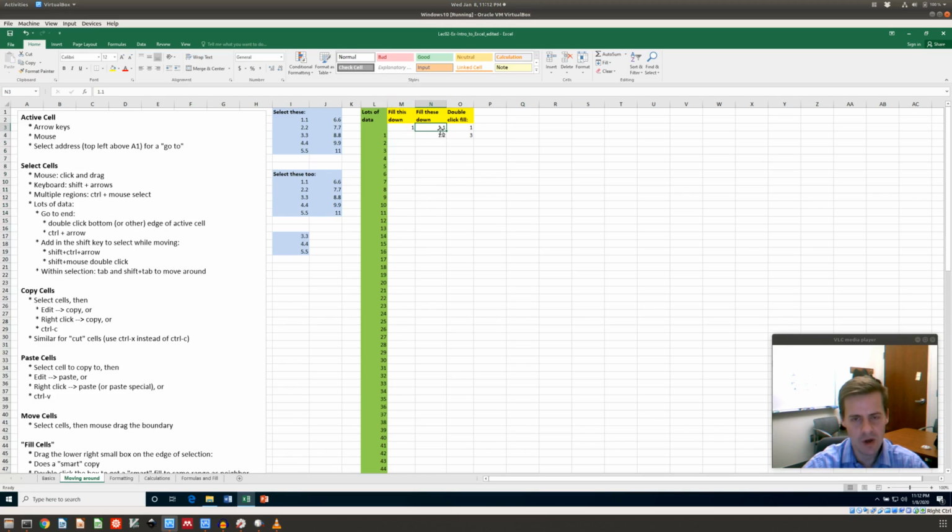Okay, but if I have 1.1, 1.2 and I highlight the two of them and then I start to drag, it knows that it guesses that I want to count up, and it will count up. And here I'll do 1, 3, and it will start counting every other one. All right, and so that drag function. So again, how do I do that? Instead of Control-C, Control-V, I just grab that little box down in the corner, the little filled box right there,